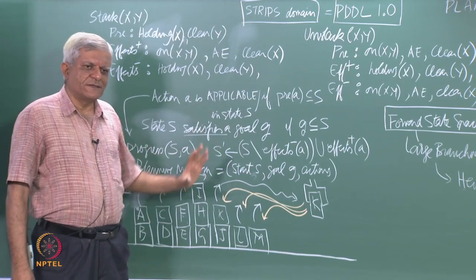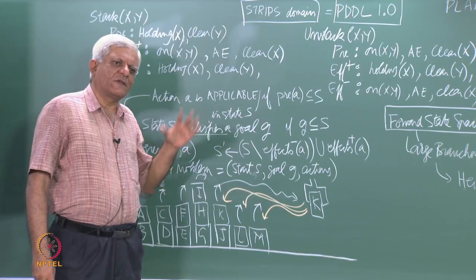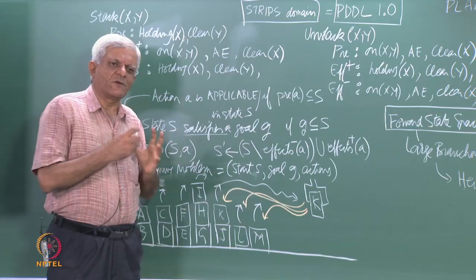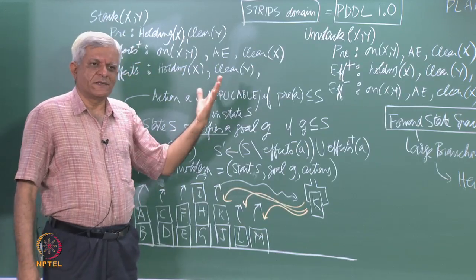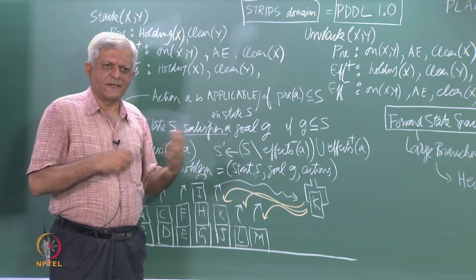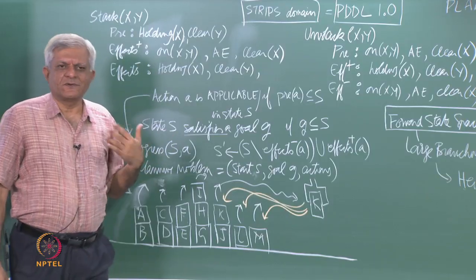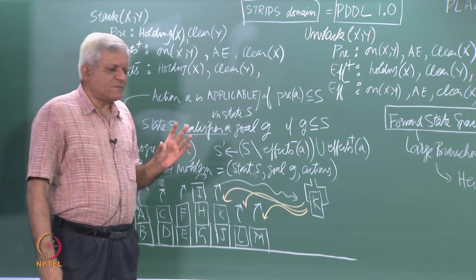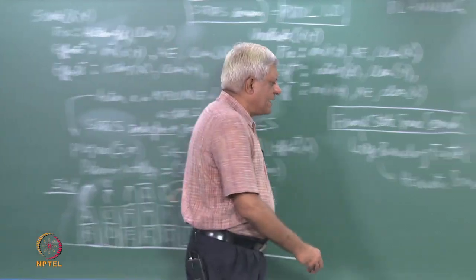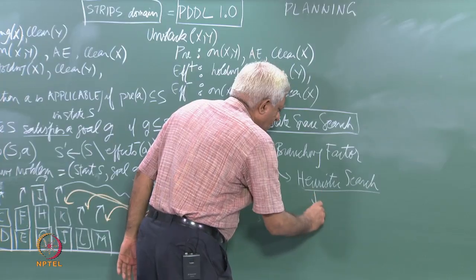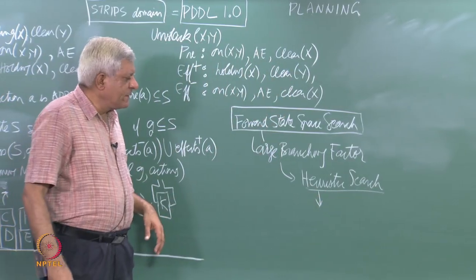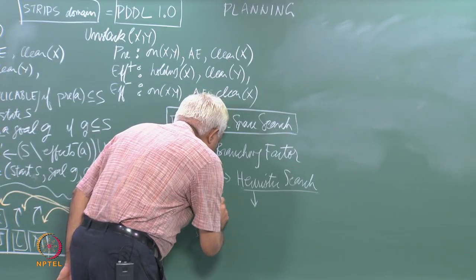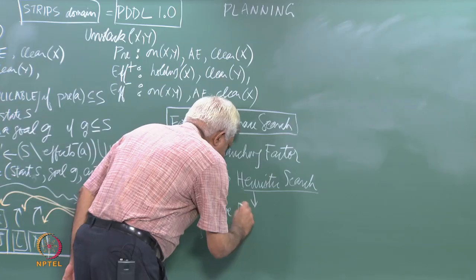And when we talk of heuristic search here, we are now talking in a domain independent fashion. Earlier we said, okay, for this 8 puzzle, this is the heuristic you can use, or for blocks world, this is the heuristic you can use, the number of blocks which are in the correct place and that kind of stuff. But we do not want to define heuristics in a domain dependent fashion. We are interested in domain independent fashions, and the idea of domain independent heuristics is to solve simpler problems essentially,